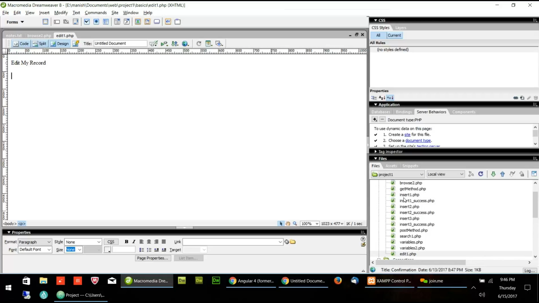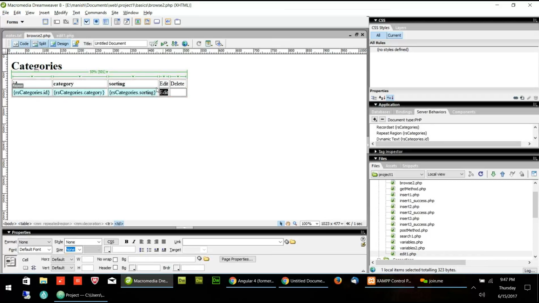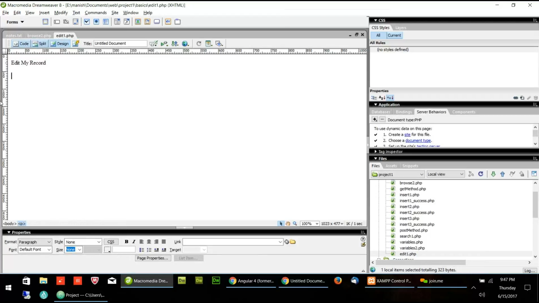One is Dreamweaver automatically creates the form. The other is we have to create the form, because edit means we have to edit the form. Let's create this edit form here, and then we will be able to send the user from this page to the edit page, and then we can update the record.